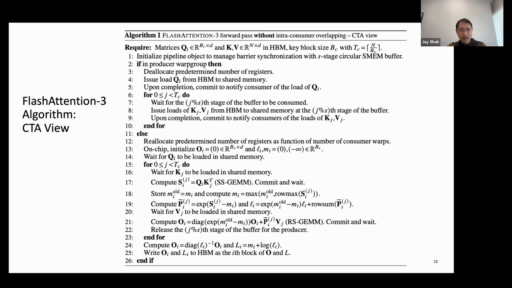So essentially what we did is we took FA2 and we replaced the cp.async with TMA and the MMA with WGMMA. And that already yielded a substantial improvement. We were motivated then by the fastest Hopper GEMM kernels using warp specialization.